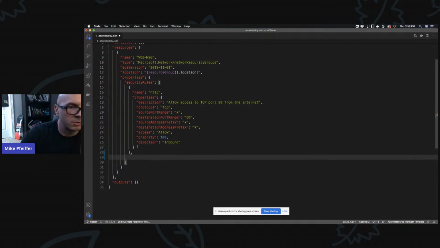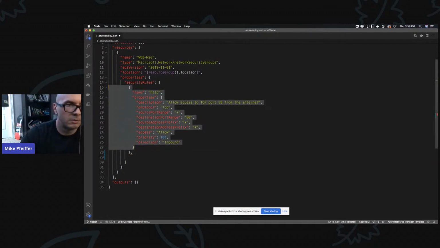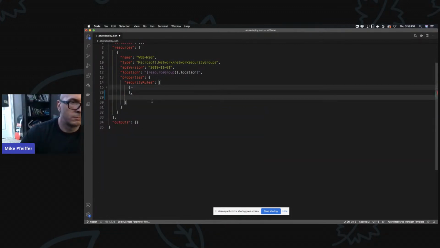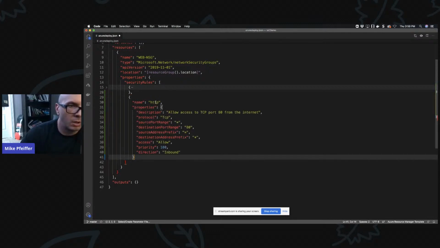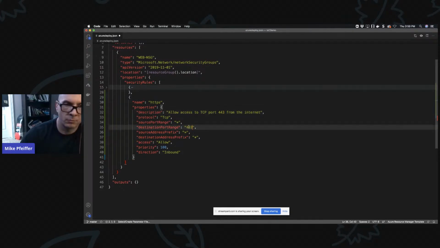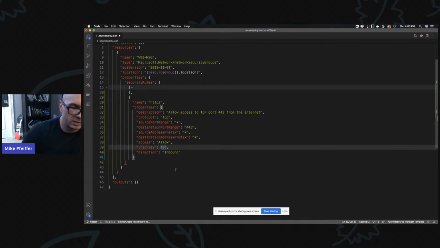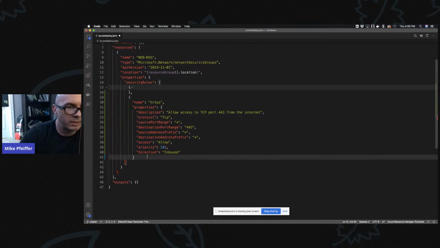Since I'm so lazy, I'll just copy the other one. Call this one HTTPS and say allow access to port 443. Right, and then priority 101 because the other one was 100. So that's the change that I'm going to make. Let's see here.